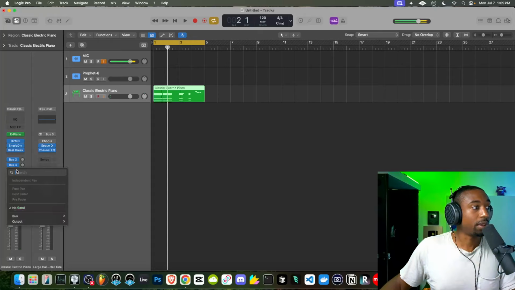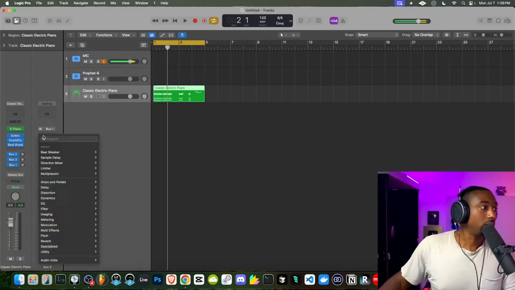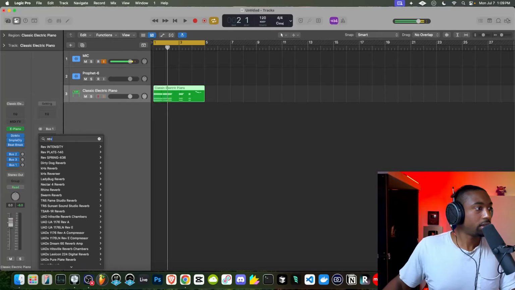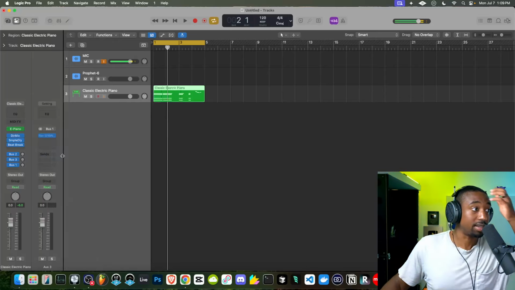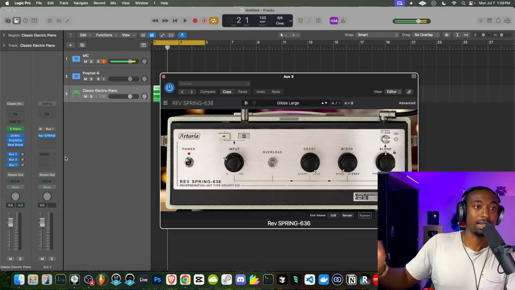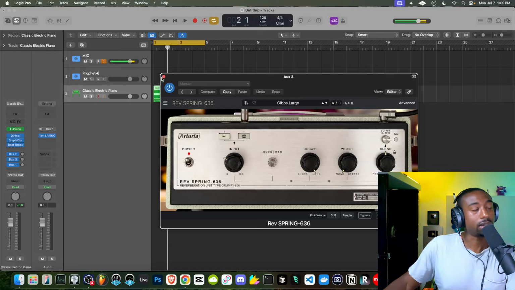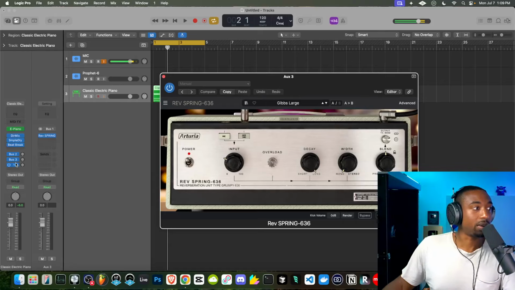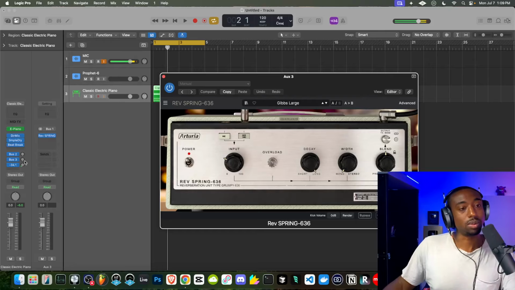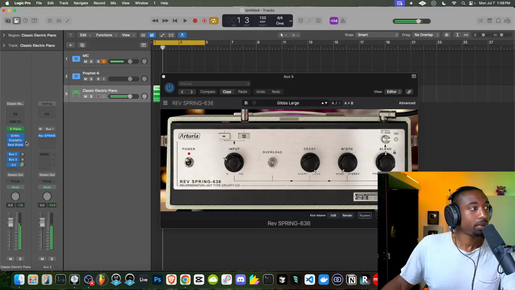Now, my next favorite plugin for soul stuff, and I'm sharing a real gem, is called the Arturia Spring 636. This is the best preset, just off the default sound. It sounds like the best spring reverb. It's that watery reverb that you guys hear a lot, and you're like, what is that sound? It's probably spring reverb. Okay, so this probably you won't hear it as much on this because it's a very full sound, but here, how about this?